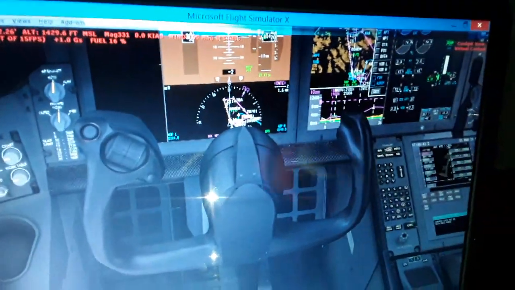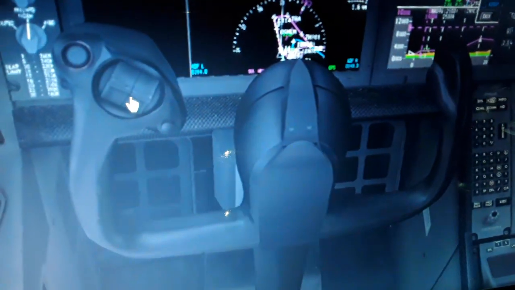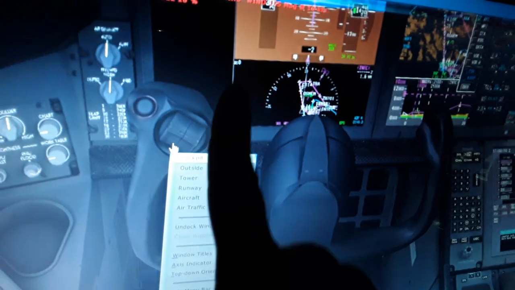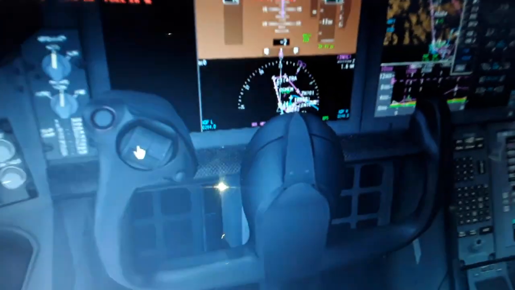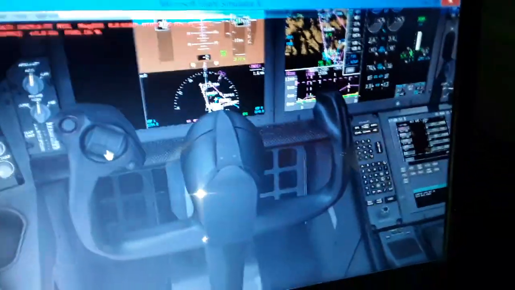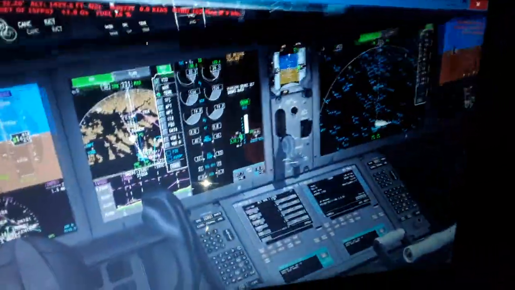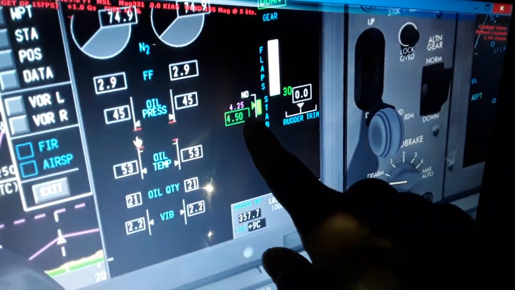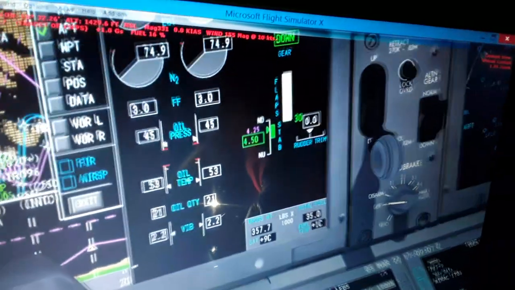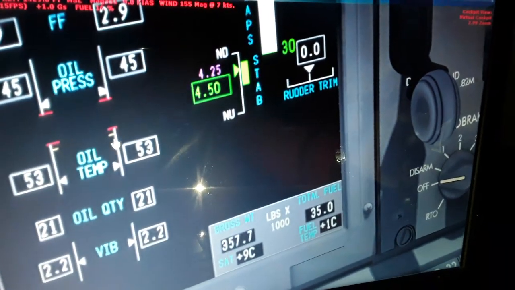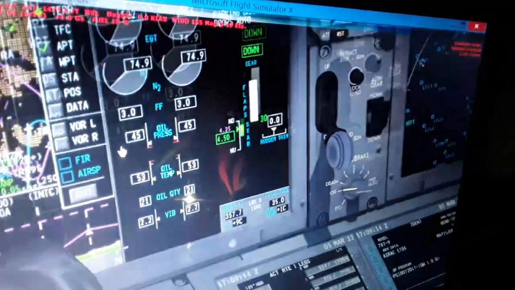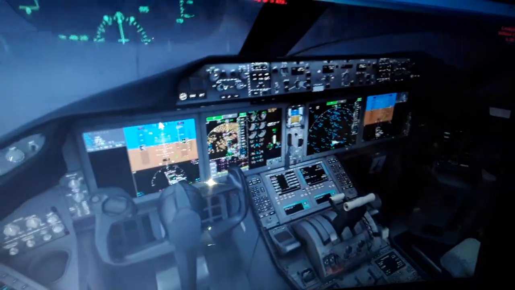We can trim the horizontal tail of the aircraft like this. Trim up this way is trimming up, and this way is trimming down. So you can trim up or trim down the tail of the aircraft. So you have a nose up or nose down pitch trim. 4.5 right now. 4.25 is requested, so we can change that. If we input a little bit more pressure, we will change. Over here we have